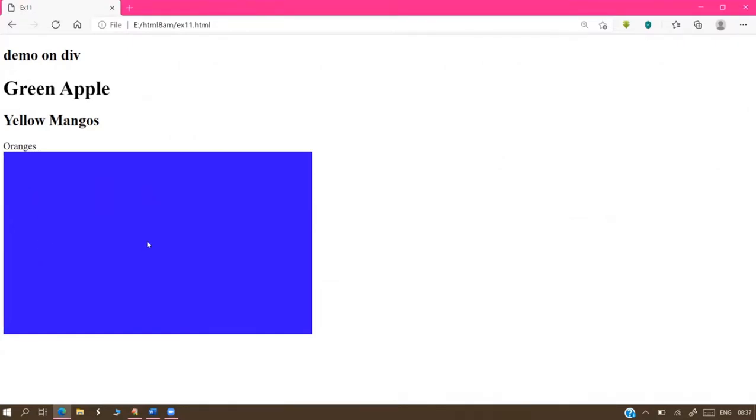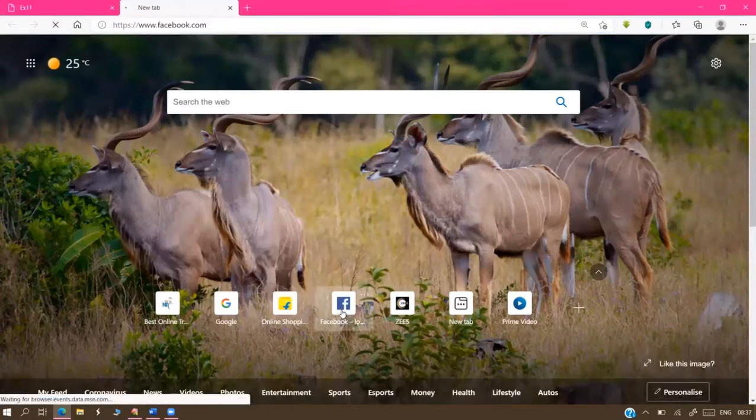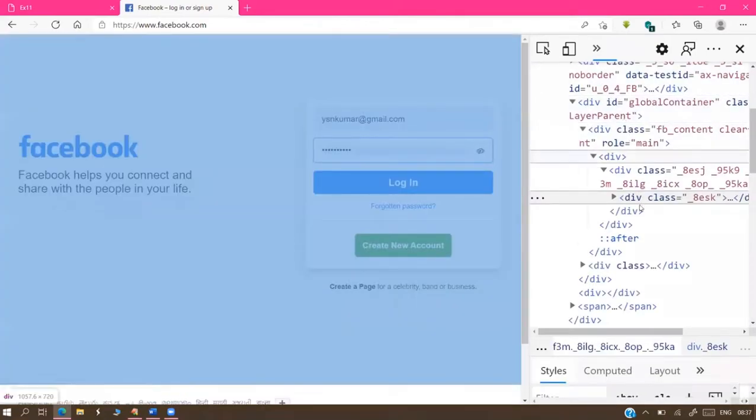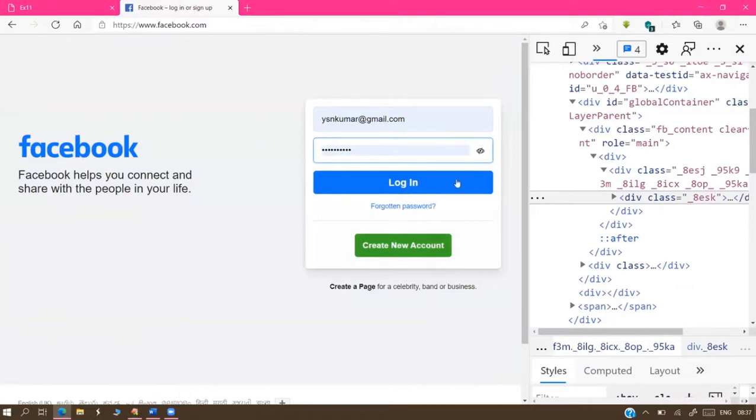And inside that you can place any content. I'll show a small example here. Your Facebook login screen. The white color box with rounded corners is there. It's a division tag only. Purely a division tag. Really, yes, sir. Go check in the source code. You'll see the division tag. This total is one main division tag.